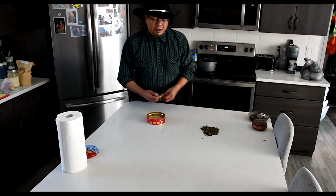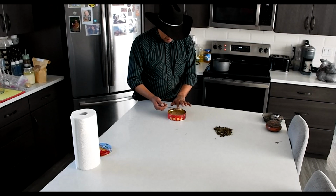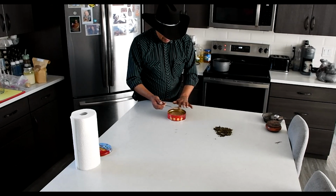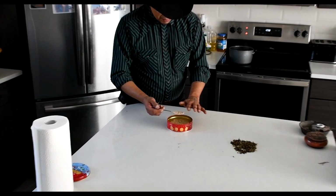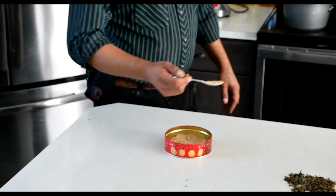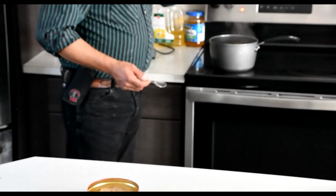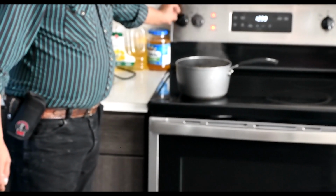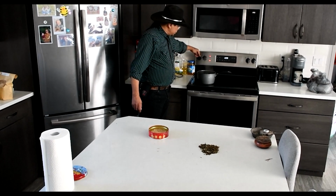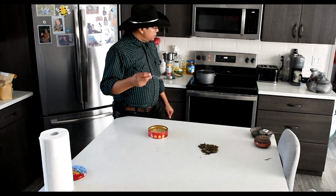After I've done that, I'm going to take about 1 teaspoon or 1 tablespoon, 1 even tablespoon. I don't want to go any more of my Wachasquamitsun because I just want to get some of that medicine working in there and infusing into there. So I've got just about an even tablespoon, and I'm going to put that in with my Laboom. So it's coming to a boil. As I start to see it trying to boil over, I'm going to take the heat down to about a quarter heat. So just so it's simmering,